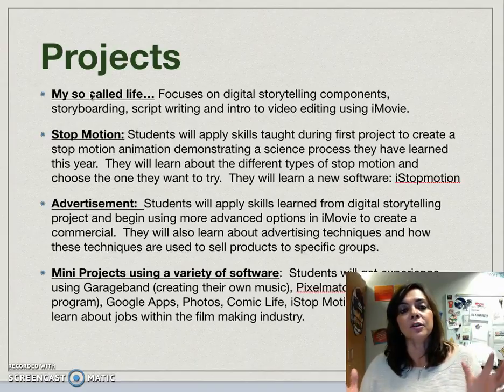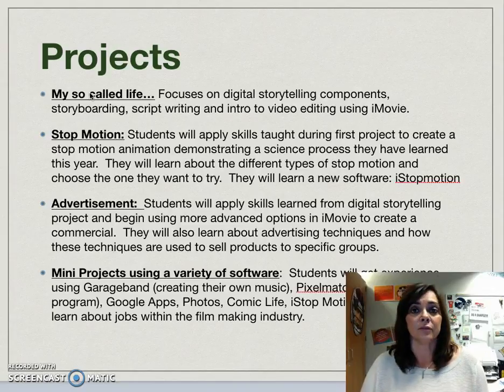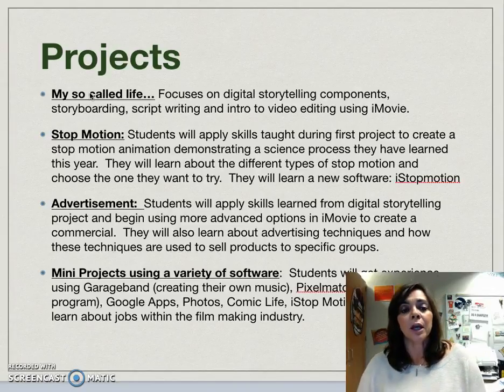And so that's the huge focus of this project because it's the basis for all the projects that we do 6th, 7th, and 8th grade. Got to be able to tell a good story. And so that's really why we start with this project. It's autobiographical, so they get to tell a story about themselves. It's individual, so each kid is learning at their own pace.